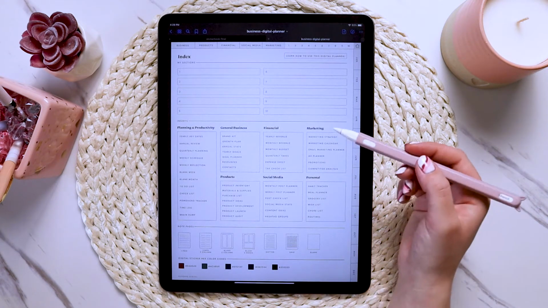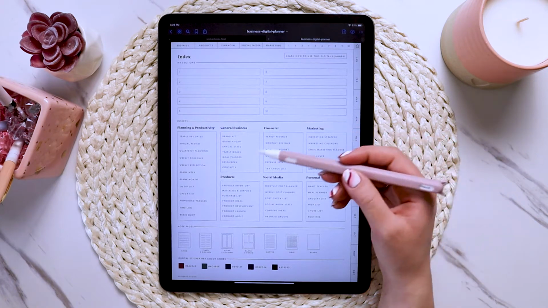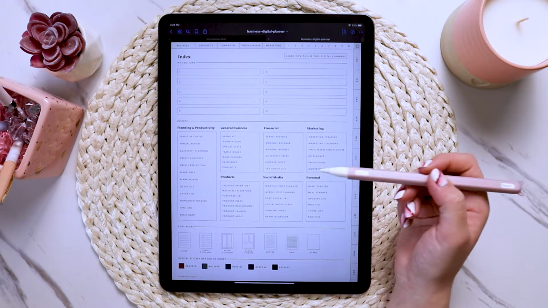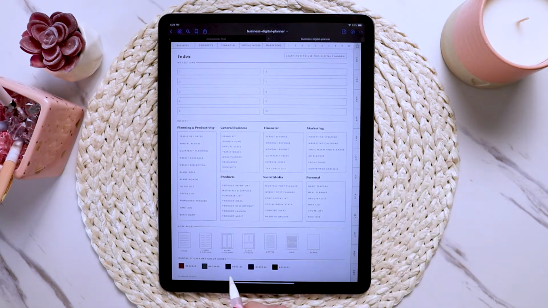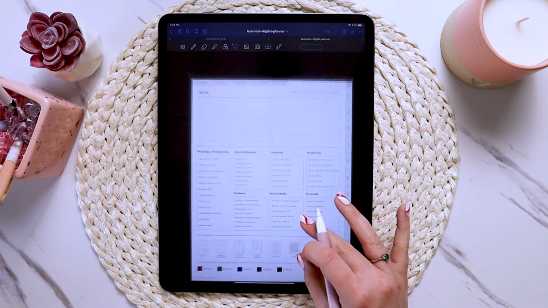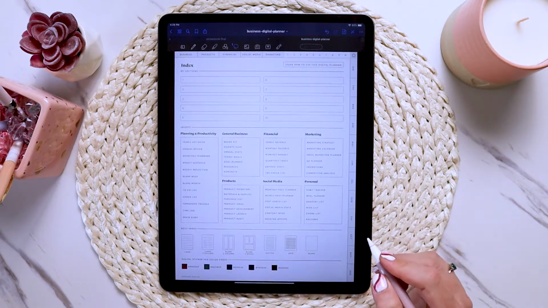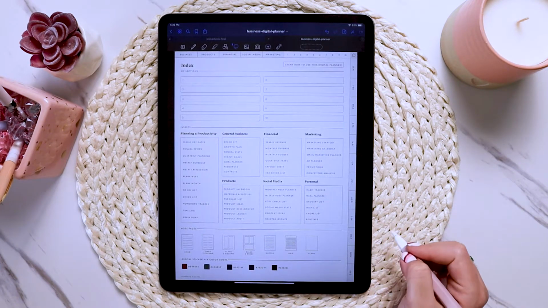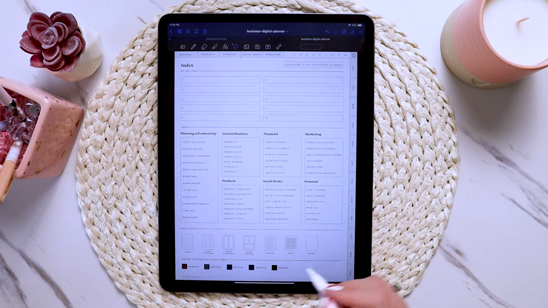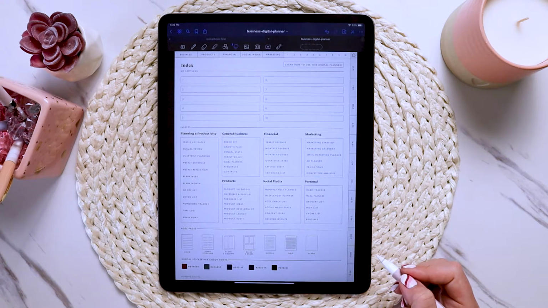But either way, you can always just come back to the index page to find the page insert that you want to use, and then you can copy it and paste it or duplicate it. Okay, and lastly down here, the digital sticker hex color codes that I include. These are for you to use as your pen ink color or your text color, or even if you like to make your own digital stickers, you could use these color codes to match your other digital stickers for this